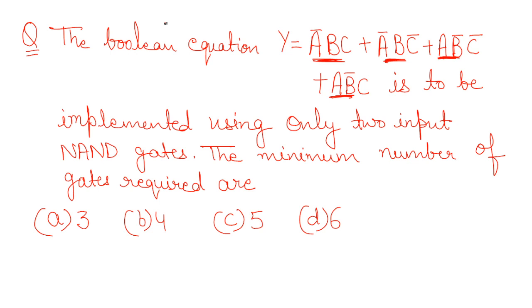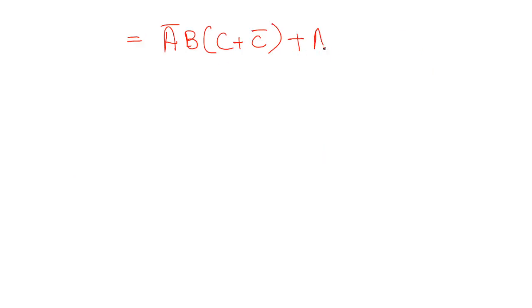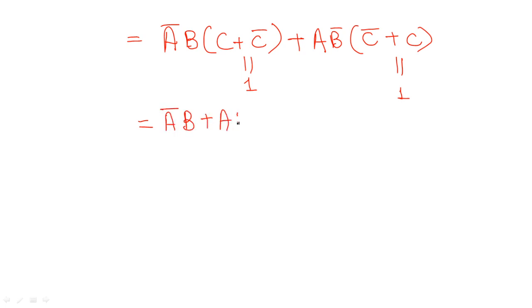Okay, c plus c bar in the bracket, plus the other thing, you are going to take a b bar common from the third and fourth term. So it will be what? It will give you c bar plus c. Clear? Next, what is c plus c bar? We are going to have 1. What about the c bar plus c? That's also 1. So what it will be? It will be a bar b plus a b bar, which means it is a XOR b.